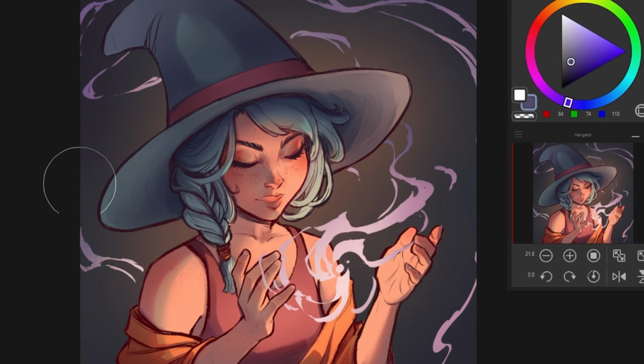A general rule I like to follow when painting colors is to keep the brightest and hottest colors closest to the focal point and epicenter, or the origin of the magic. So for this piece, the origin point is between her hands where she's conjuring the spell. And then using that soft airbrush, I paint the colors to be a little bit darker and transition a bit cooler the further away from the epicenter they are. So the smoke that's at the edges of the page are darker than the smoke that's closer to the origin